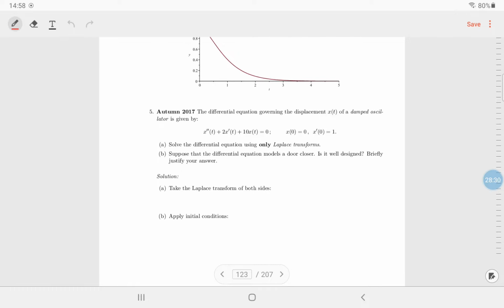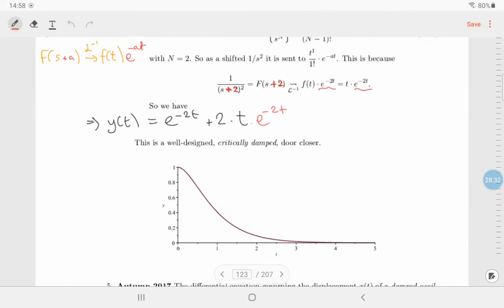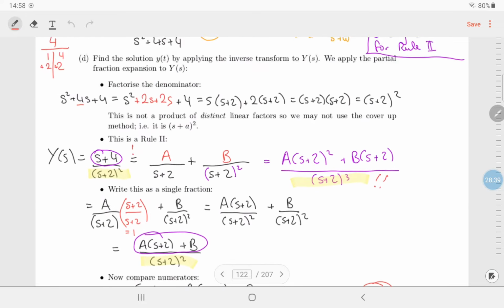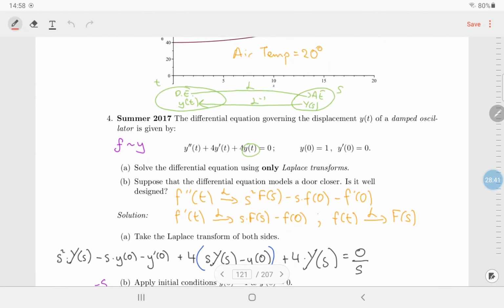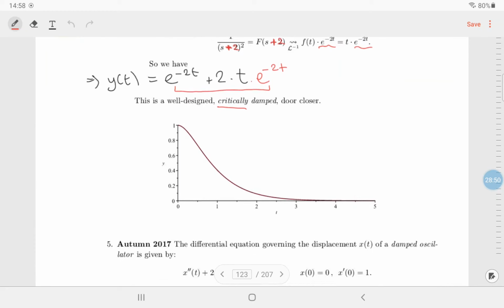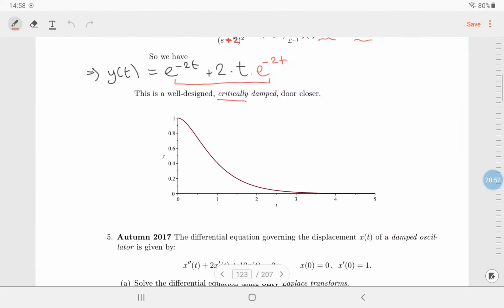Sorry, this is a great video, isn't it? So here you can see that you've got two exponentials of the same size, so it's critically damped. Because the question is, what's the question? Suppose the differential equation models a door closer. Is it well designed? You say yes, because it's critically damped. This is a well-designed critically damped door closer. Now, if you plot it there, it doesn't look great, and it looks like it's overdamped, but if you make the damping any bit weaker,